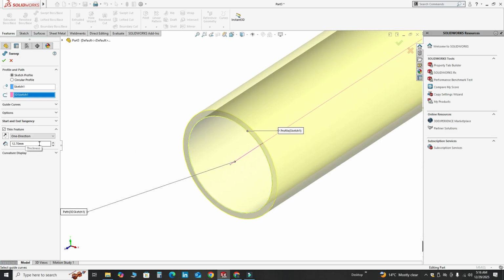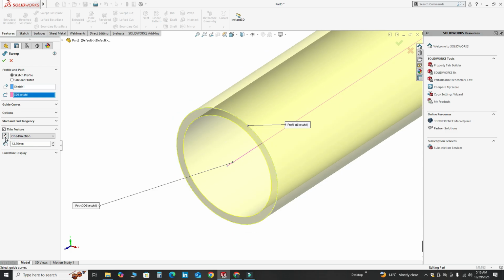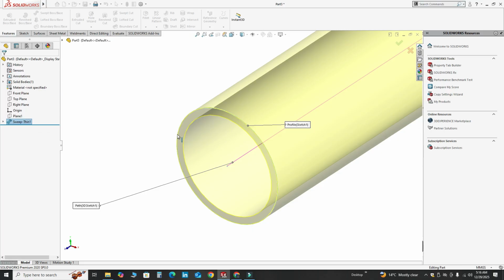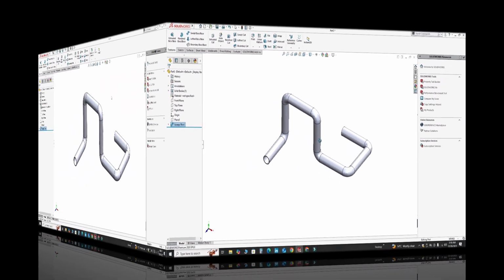So it is 1/2 inch and it is 12.7. 1 inch is equivalent to 25.4 millimeters. So it would be like 12.7. Here you can see the direction. And I will select OK. So here you can see the preview of 3D pipe.